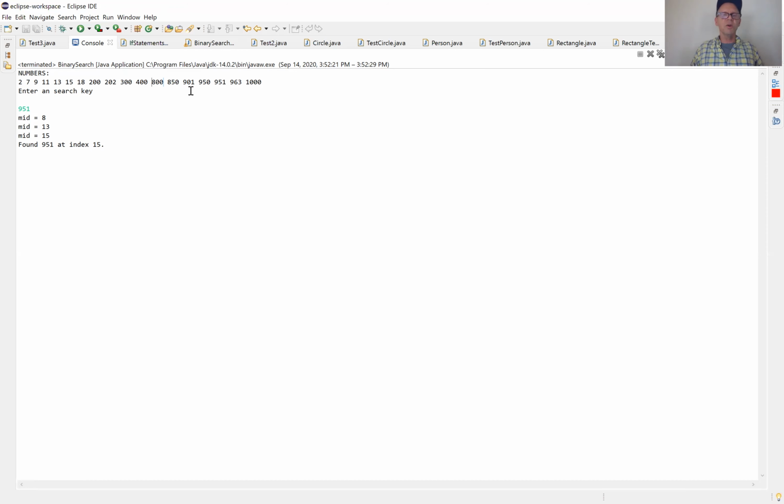So now we have to look on the right side of 901. We go halfway. So now we look at positions 14 through 17. 17 plus 14 is 31, divided by 2, we go to position 15. And that's what we found. So we did 3 comparisons